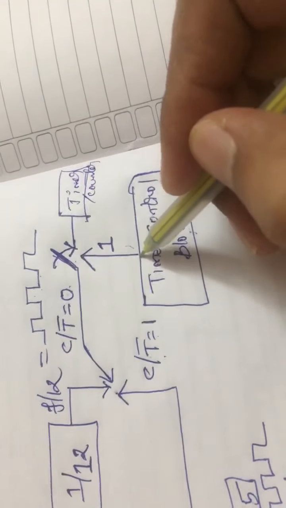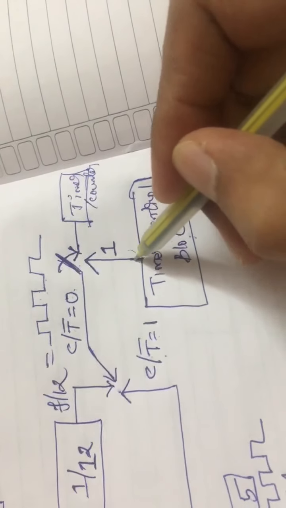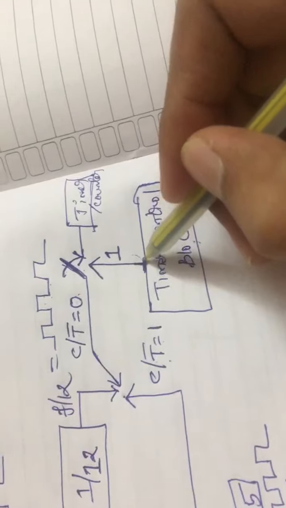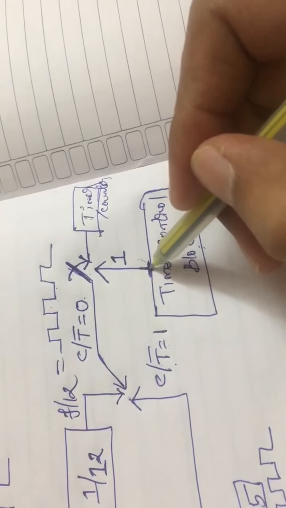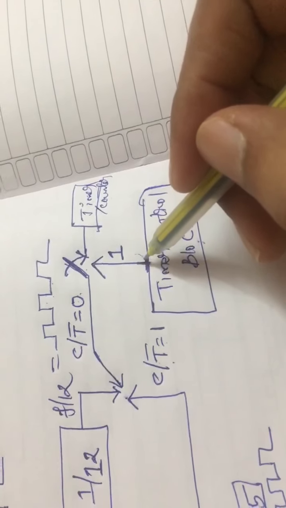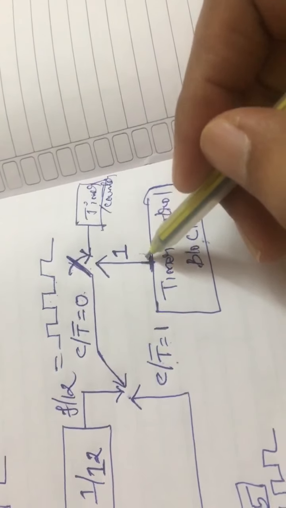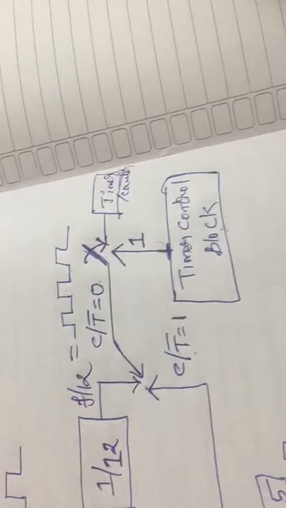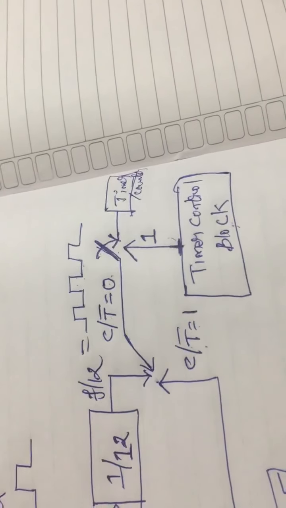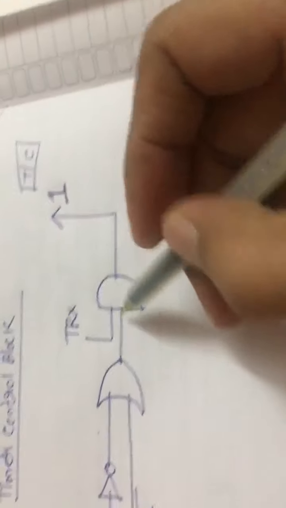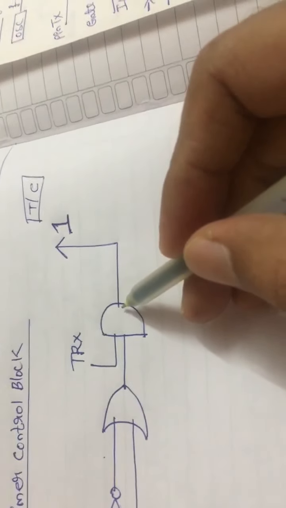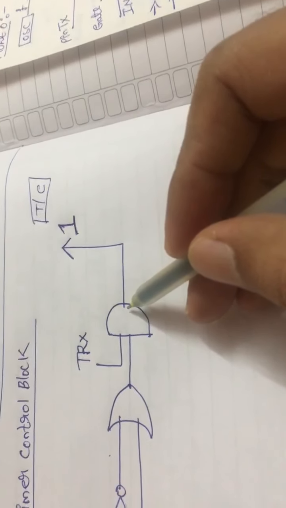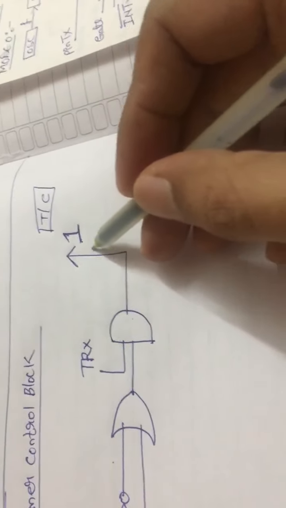The output of this, meaning, here there is an AND gate, right? Here there is a NAND gate, right? Not AND, NAND gate. So the output of this should be equal to 1. Then only we can start the timer/counter. So NOT gate, OR gate, this is the NAND gate, right? Okay, so the output of this should be equal to 1.